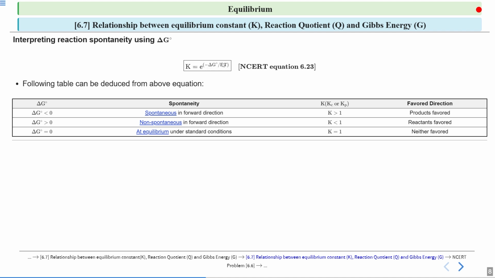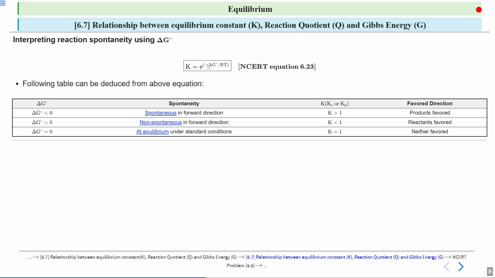R and T are already always taken as positive because R is fixed and T is temperature, which we take in positive terms, because negative Kelvin temperature is not attainable. It's very difficult, and in questions, you will not see it also. Now, if you take the value of R as positive, T as positive, and delta G naught as negative, then this whole thing will become a negative part, and this negative multiplied by the negative sign will give you